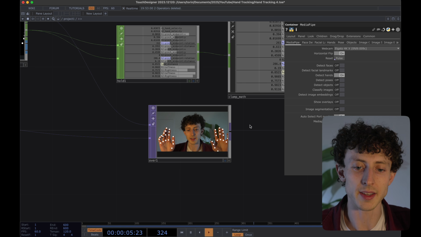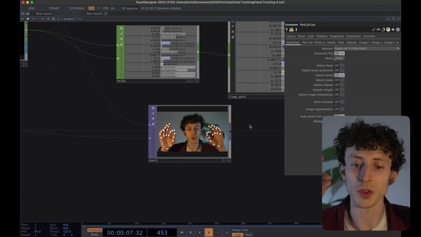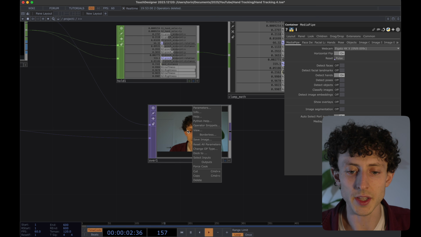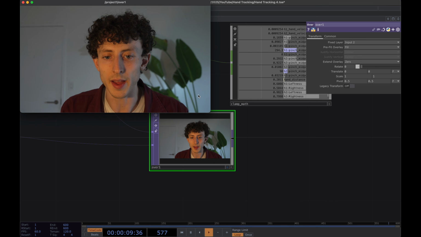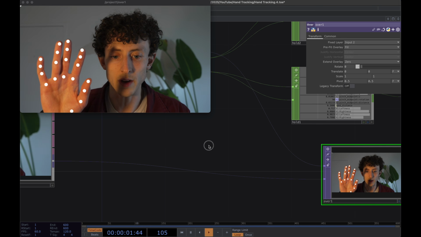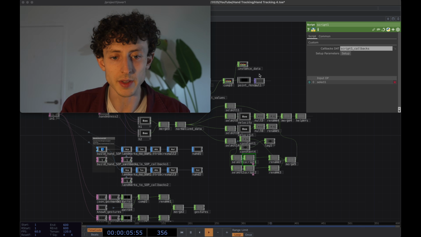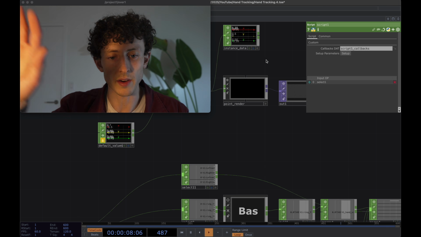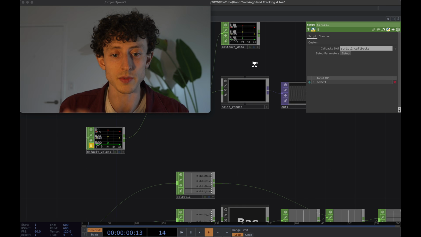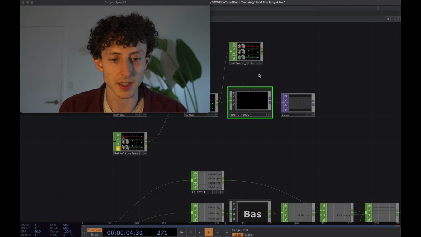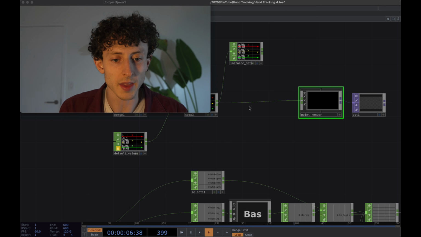This is already drawing some white dots for us. So one of the things that I did that's just a really quick way of only rendering the points for your pointer finger and your thumb is to go ahead and right click on this, and we're going to hit view and make it a little bit smaller. And so we're getting all these data points, but really if we go inside this component, you'll notice that we have this point render here that is actually generating the points for us. A really simple way of getting around this is to basically put in a